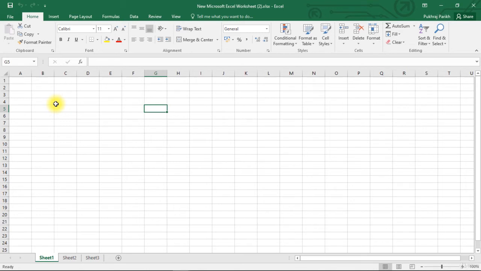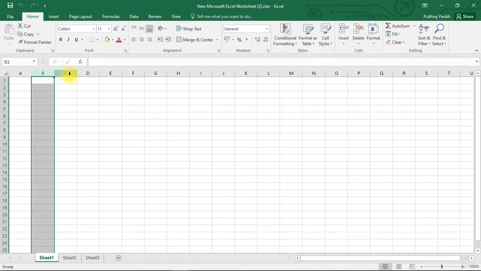Now let us look at all the elements that we can see in this window. Do not get intimidated by the number of elements. Once you start working on Excel, all this will come naturally to you. So the major part of this screen is taken up by this set of small rectangles. If you look closely, these rectangles are formed by the vertical and horizontal lines. These vertical paths are called columns and each column has an alphabet name. If I click on this letter B, it highlights the column B.